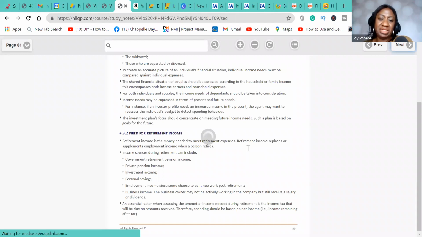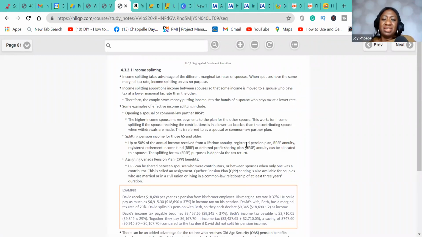Income splitting. Okay, income splitting takes advantage of the different marginal tax rates of spouses. So when spouses have the same marginal tax rate, income splitting serves no purpose. Yes, if husband and wife are in the same marginal tax rate, the income splitting is of no effect, right? Income splitting apportions income between spouses so that some income is moved to a spouse whose paid tax is